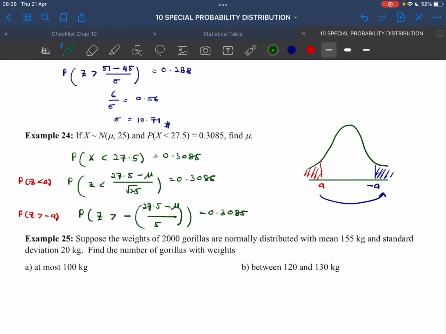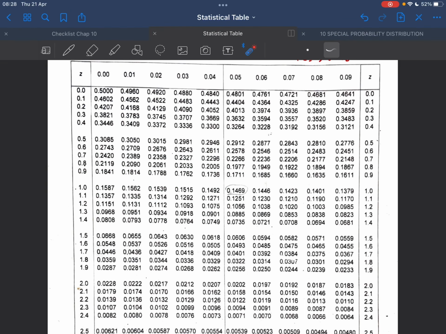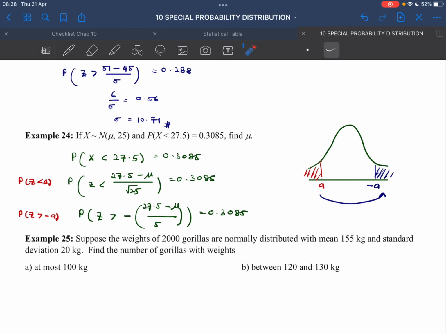0.3085. Remember, this is your P(Z less than a). Since you shift to the right hand side, if you shift, the sign will change. So we have Z greater than negative a, so we have to put negative here. Now we have to find 0.3085 in the table. So 0.3085 is here, which is 0.50. So here we have actually P(Z greater than 0.50) equals to